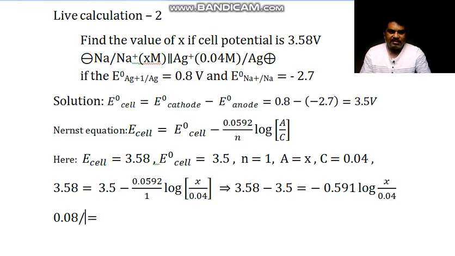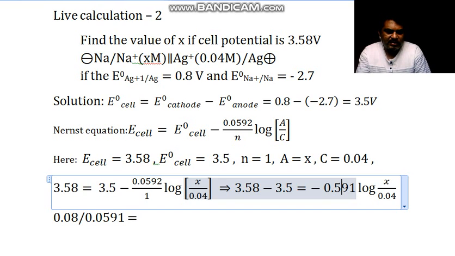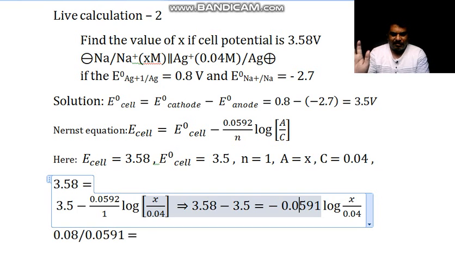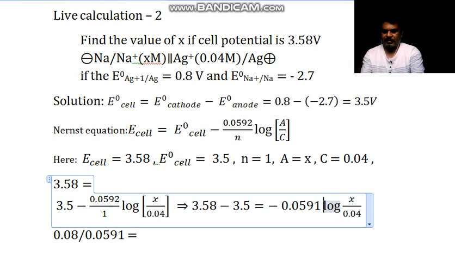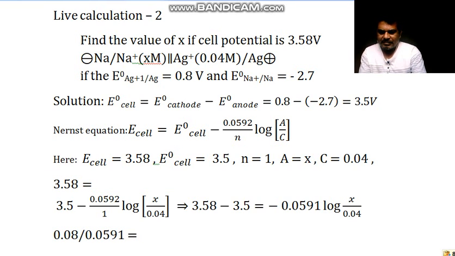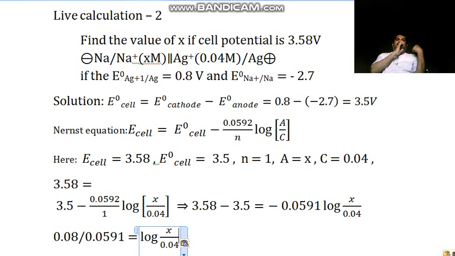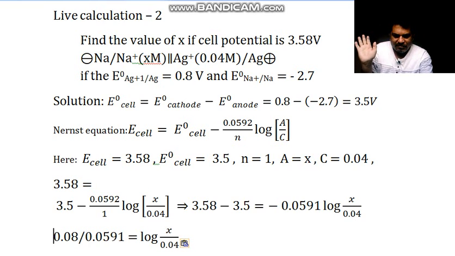Okay, what is divided by 0.0592 or 1, whichever is to be taken. Here I forgot to write 0, so I am writing it here. And now the only remaining thing is log of anode by cathode, that is this repeating value that I have to put back here. So I am putting back this value here. So this is our answer. The sign I will take here.